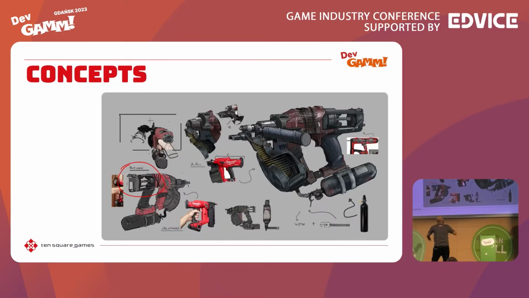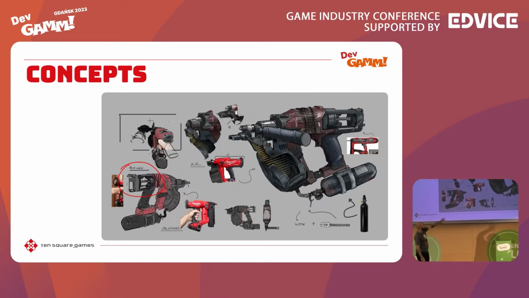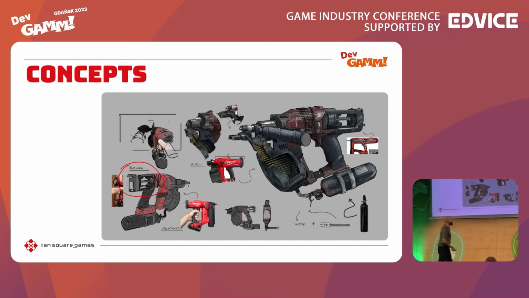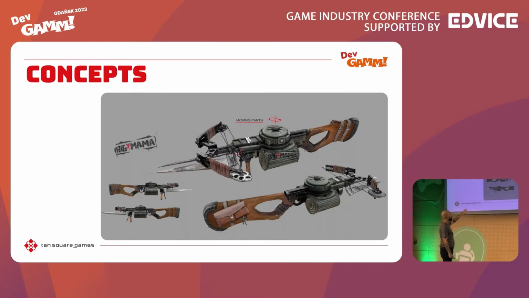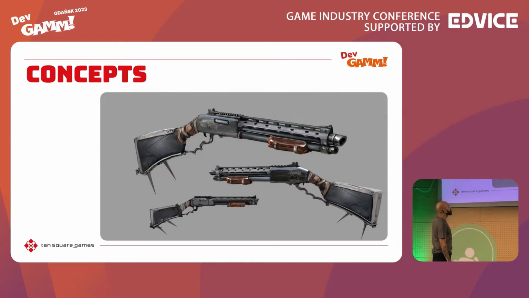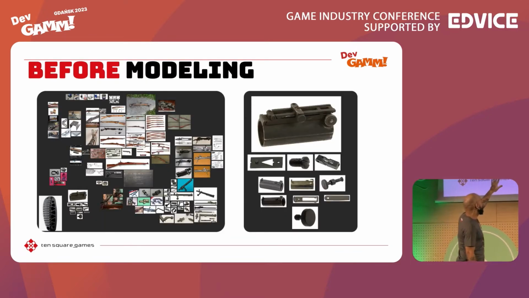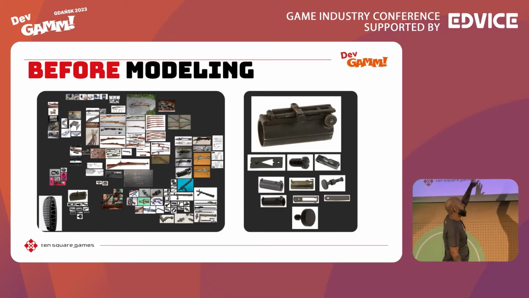Okay, this is an example of something that I get from the guys. This is a nail gun. We are working on a zombie post-apocalyptic game. I have an order for you. This is a crossbow, a SMG, a shotgun. And then when my work starts, I dig into this research, trying to understand the weapon that they use